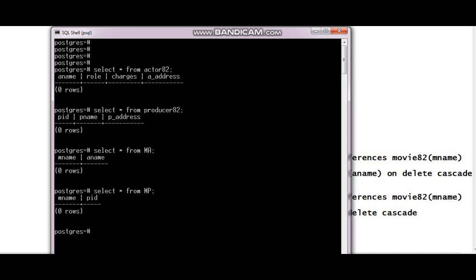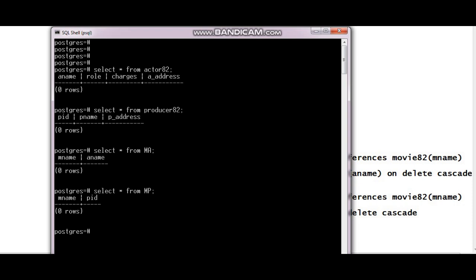So you all practice this on your own laptop. It is not hard to create the table. It is very easy if you follow the steps and syntaxes properly. It is not very hard to create the table with proper constraints. Here we have made use of only 2 constraints.